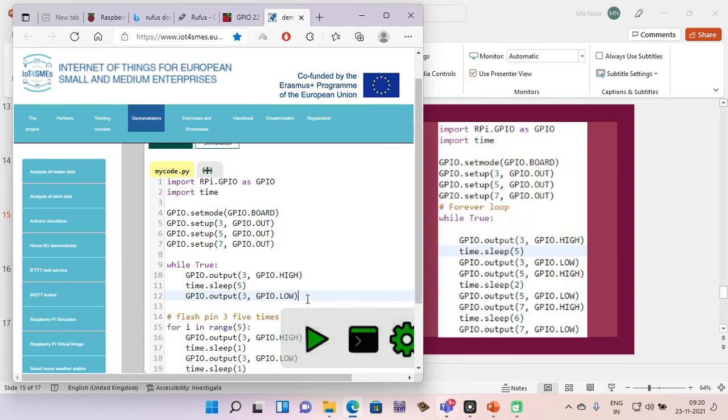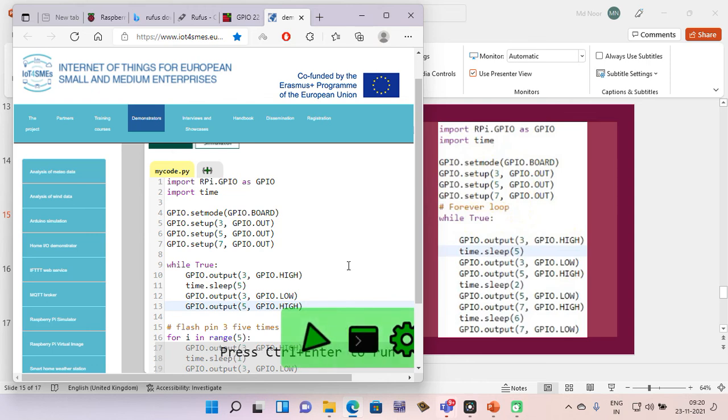Then you turn on the yellow color light. Pin number 5, and you need to turn it on, okay. So GPIO.HIGH, then you wait for 2 seconds.